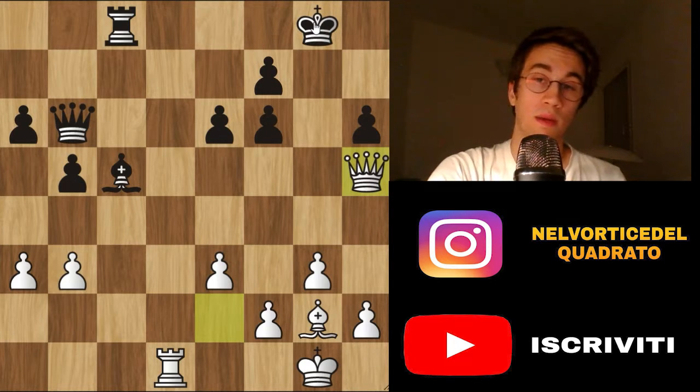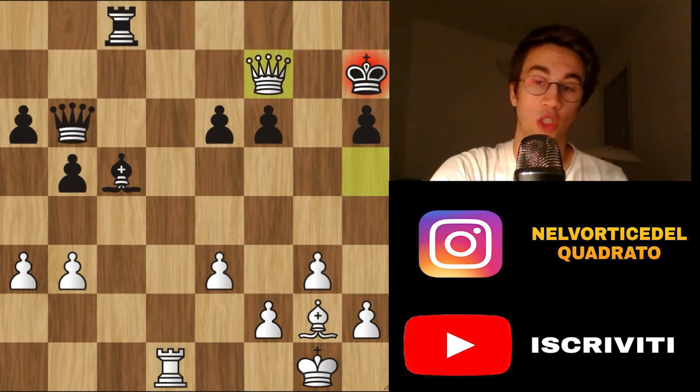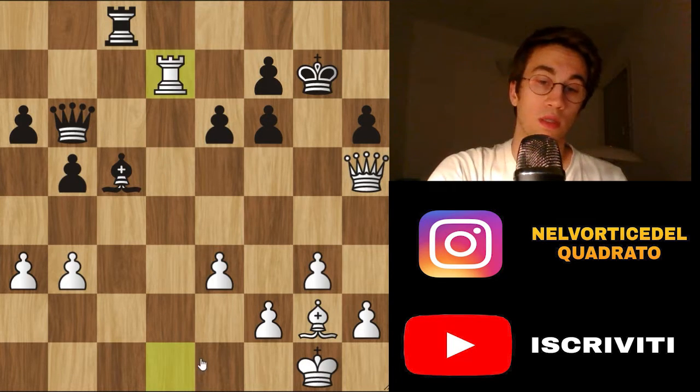You can't defend the h pawn with a move like this, because queen f7 check follows and the position completely falls apart. And you can't play something like this, because king g7 allows the coming of the rook on d7, and this pawn is attacked. You have to defend with this,